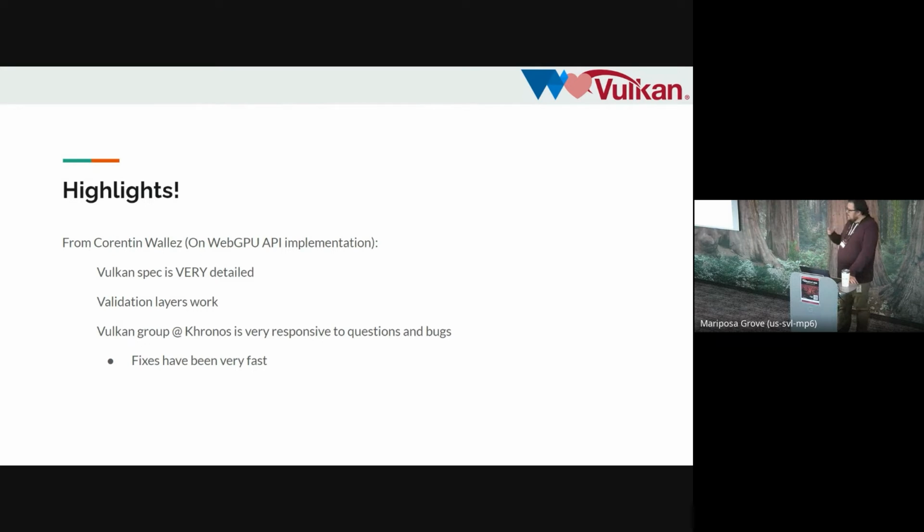Now, for highlights, and I should mention, by the way, I was not one of the primary developers for the initial implementation of the Vulkan backend, so this is me relaying information on from the rest of the team. But some highlights about our experience with Vulkan is that we found that the Vulkan spec is extremely detailed, and